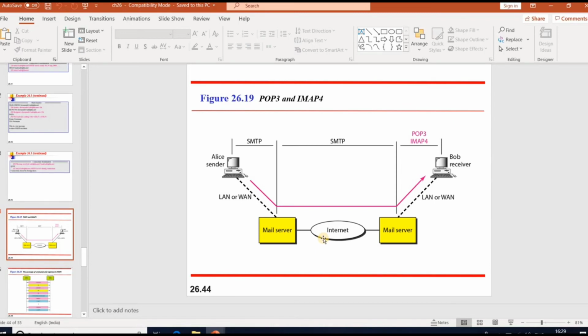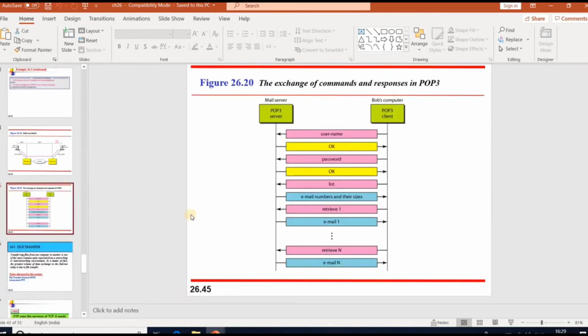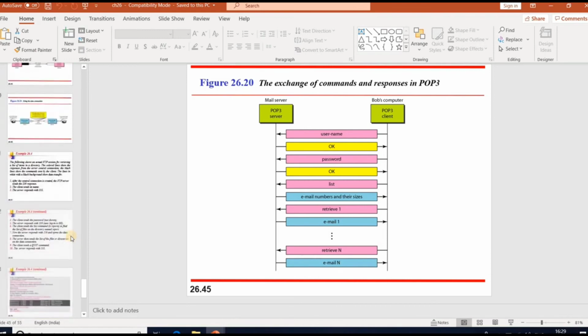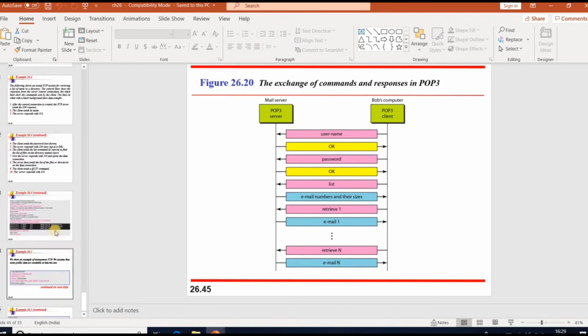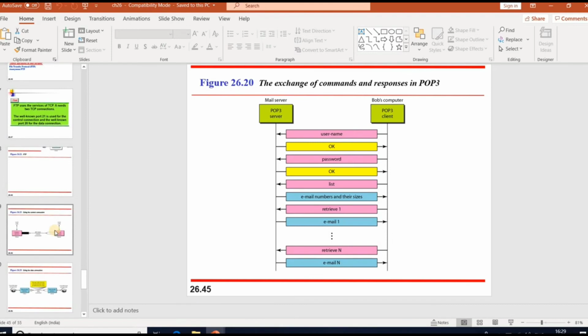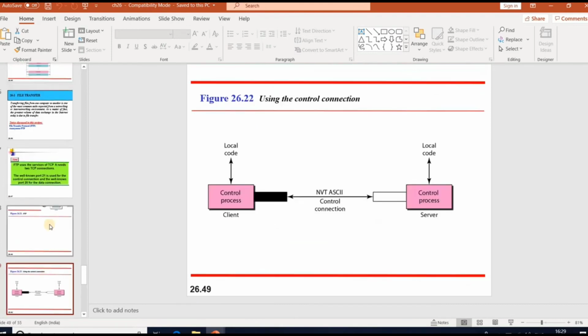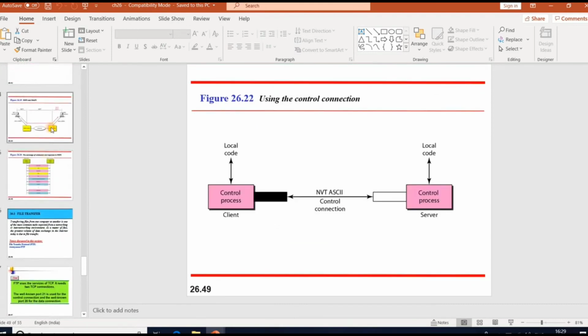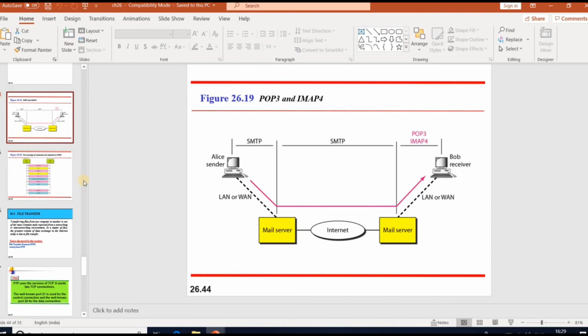POP has two modes: the delete mode and the keep mode. In delete mode, mail is deleted from the mailbox after each retrieval. In keep mode, the mail remains in the mailbox after the retrieval.